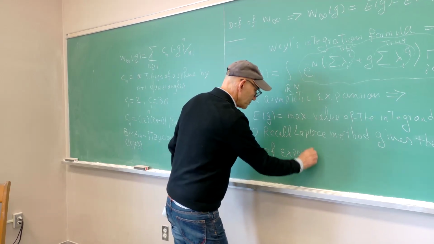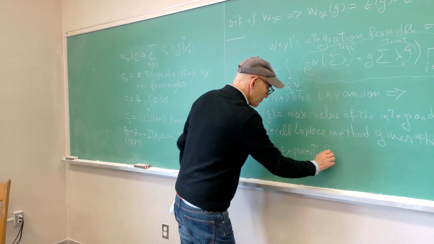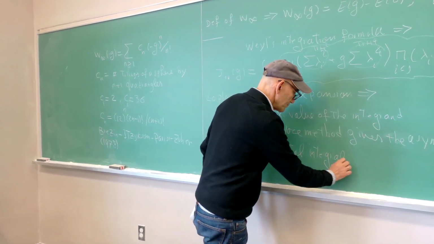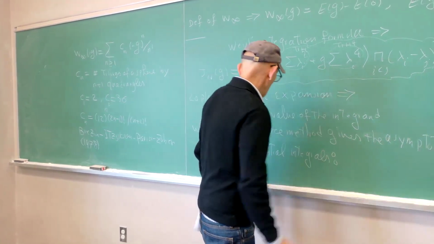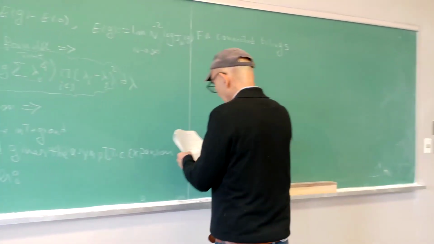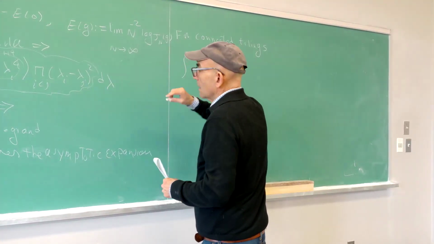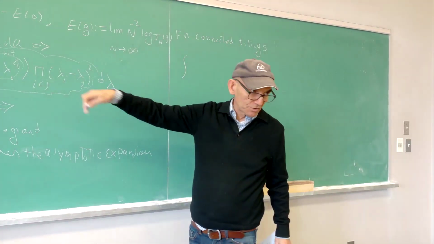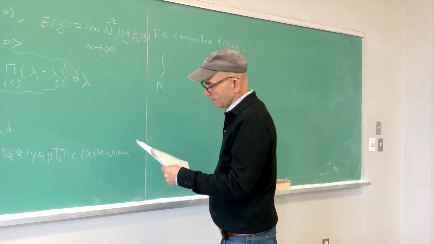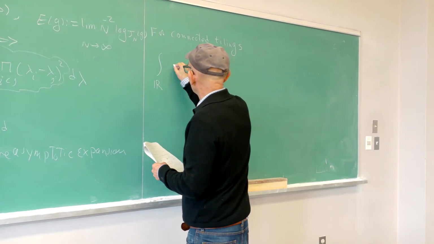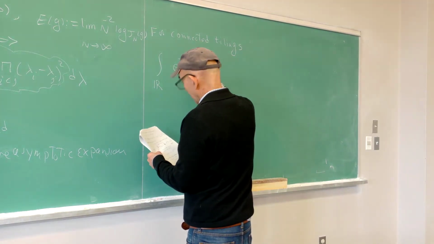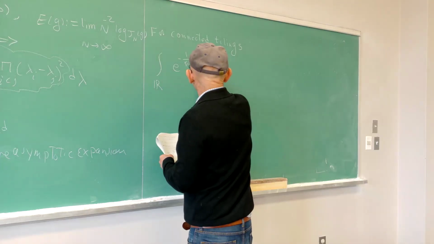We have that in the one-dimensional case, but a similar thing is true in n-dimensional case. So if you have the integral over R of exponential of minus 1 over h bar f of x dx,